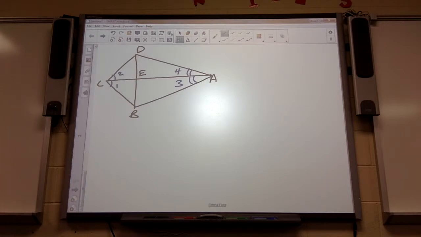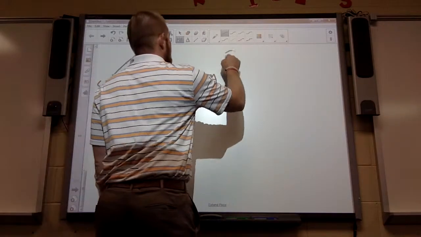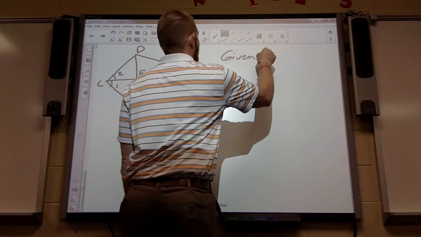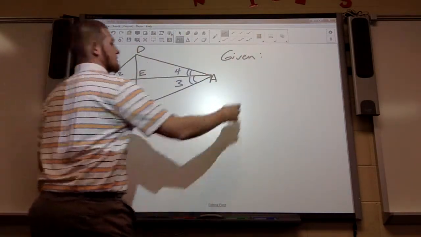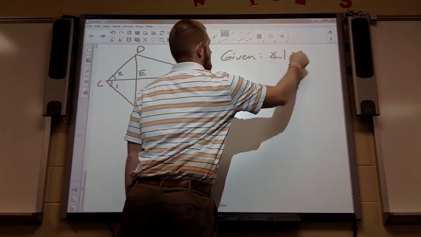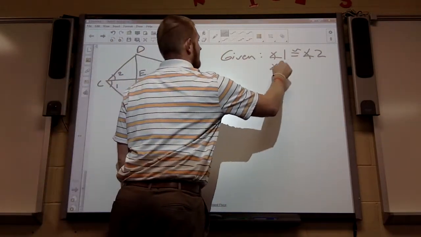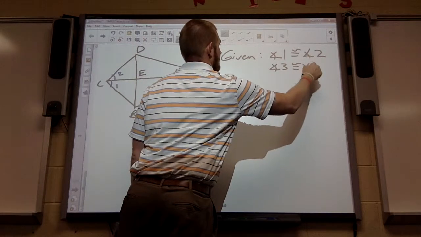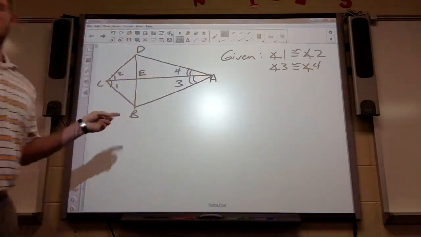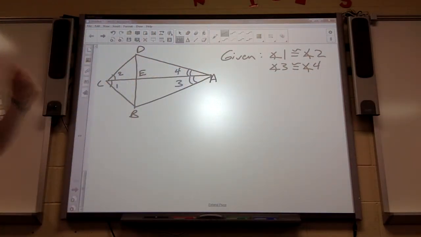And in our given information, they give us more of what they already showed us. They tell us that angle 1 is congruent to angle 2, and that angle 3 is congruent to angle 4. And we want to prove that triangle